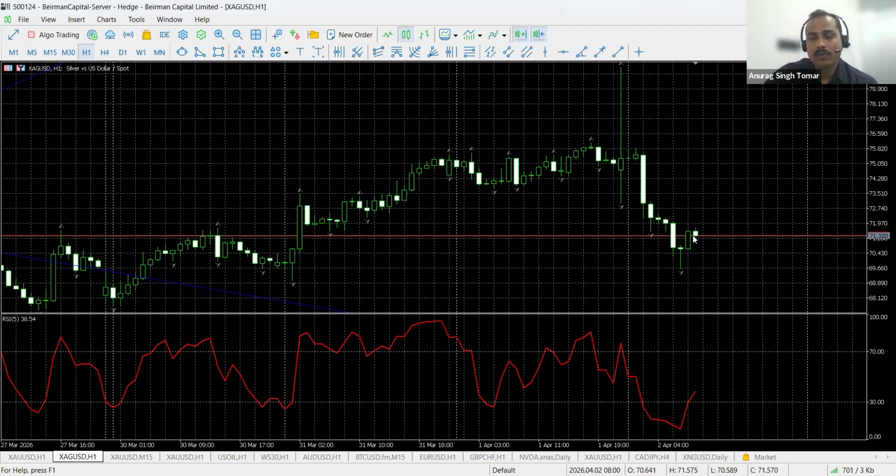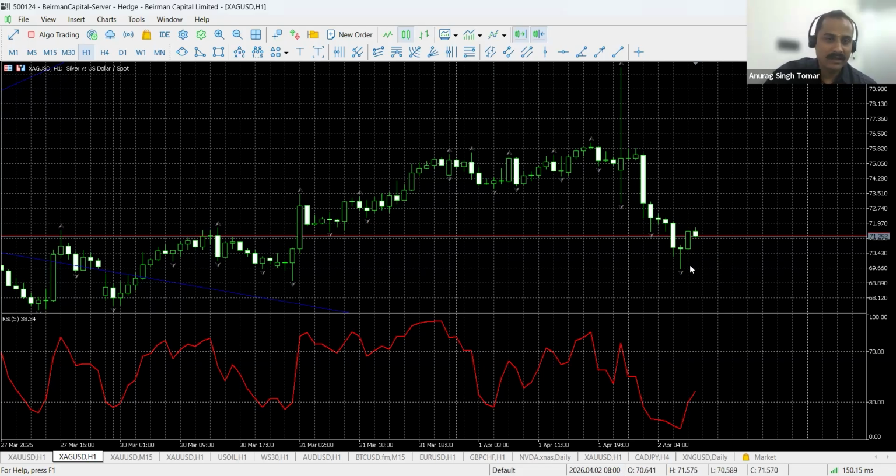Why and how? First of all, whatever investment the big players of the market have made to push the prices downwards, they need the exact amount or more of stop losses resting below this low. Till the time that many SLs are not placed below the low of this candle, the upside momentum is going to sustain.